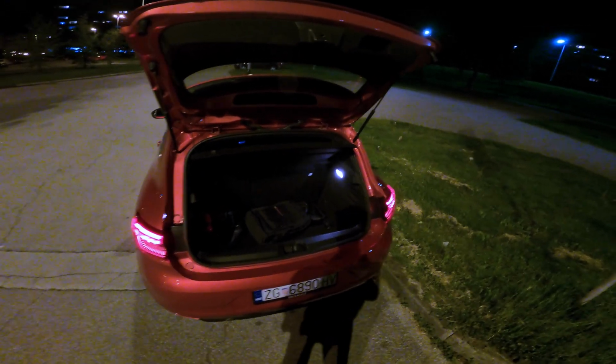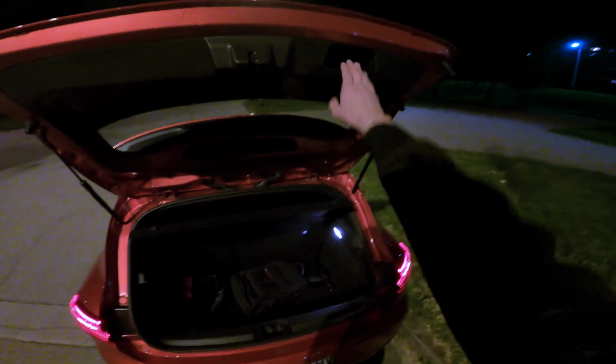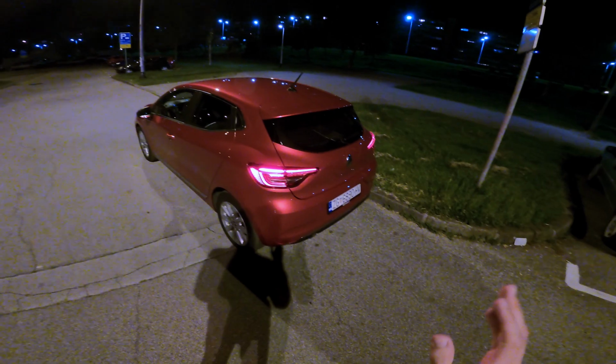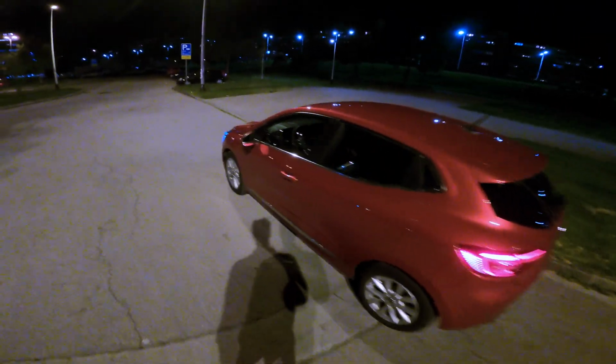So it's 391 liters, 1069 if you knock down the seats, and the hatch closes perfectly, so no rattle sound. You don't need to use a lot of force every time, it just closes perfectly, so that's nice. Let's